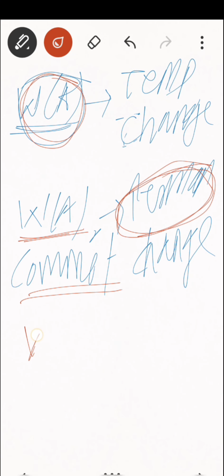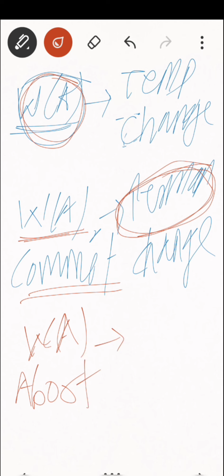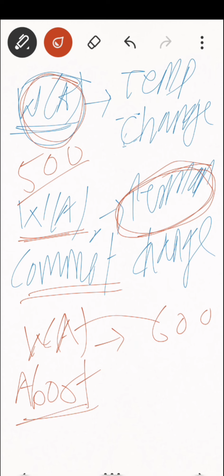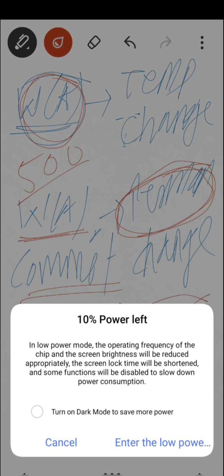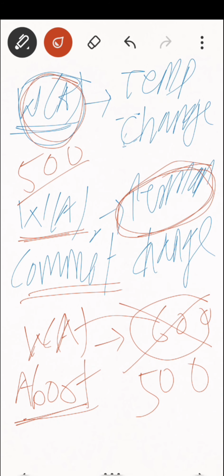Suppose I have this scenario. If I write the value of A, and after that there is an operation called abort, what does it mean? It will get updated into the database. This particular state will update the data value. If there was a value of 500 rupees, later updated to 600 rupees, but I abort the transaction, then whatever 600 has been updated into the database will not be there. It will get restored to its previous value. What is the previous value? 500. If I abort the transaction, it will get restored to its previous value.